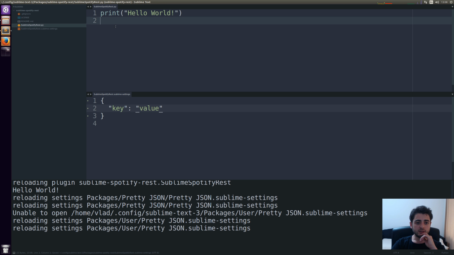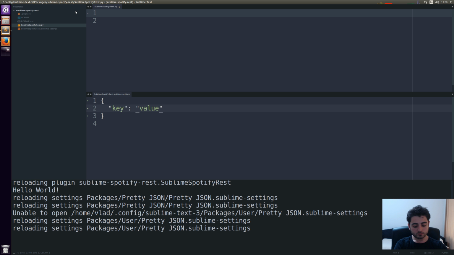Okay, so I'm going to show you guys how to retrieve it programmatically and also how to write back to it. But actually, before we get started, remember we wrote this extra tiny plugin just for fun that would open our console every time we start Sublime. I removed it. Therefore, because it was just one line, we're going to include it in